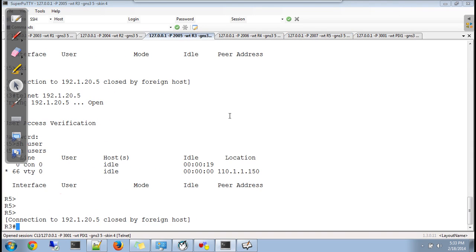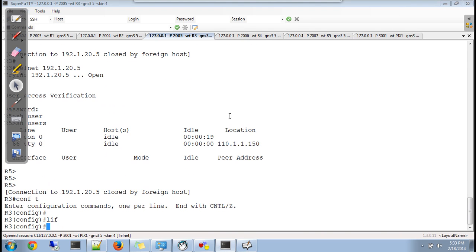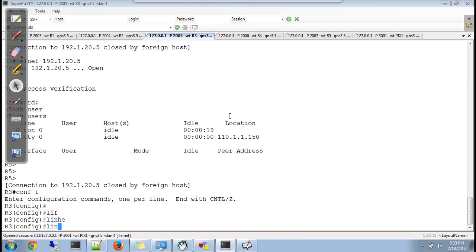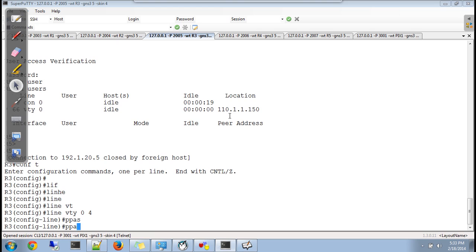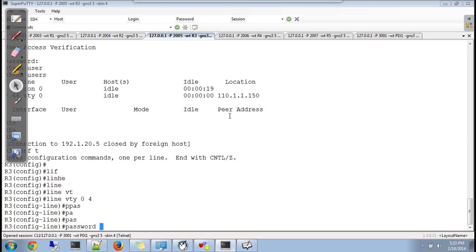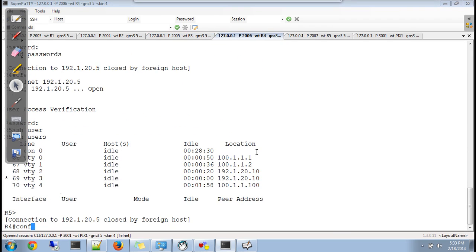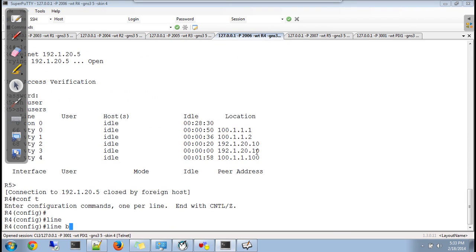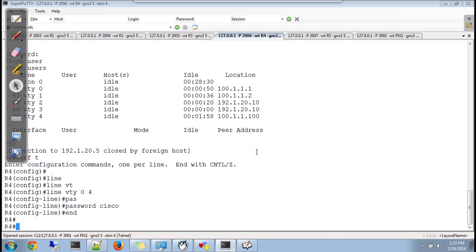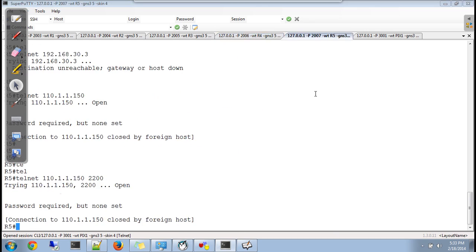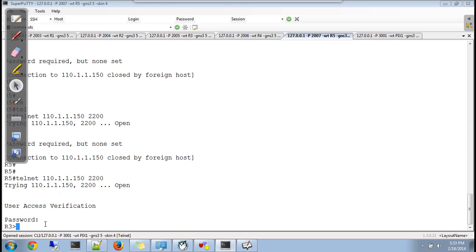Better I'll set line VTY so you can see this. Got it, so they're already set and it's working. So this would take you to R3, which is a web server.